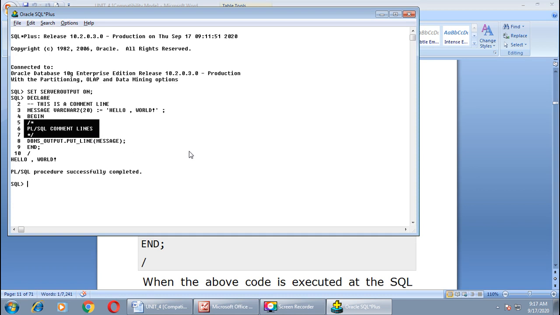With PLSQL, you can pass comments in the form of a single line, or you can give multi-line comments, or you can use both types of comments in a single program. So this is all about comments, right?